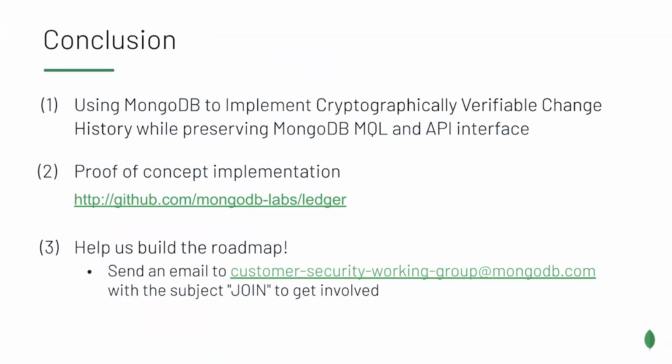Conclusion. In this talk, I have described how one can use MongoDB to implement cryptographically verifiable change history while preserving the MQL and API interface. I have also described a proof of concept implementation. The source code of this proof of concept implementation is available at